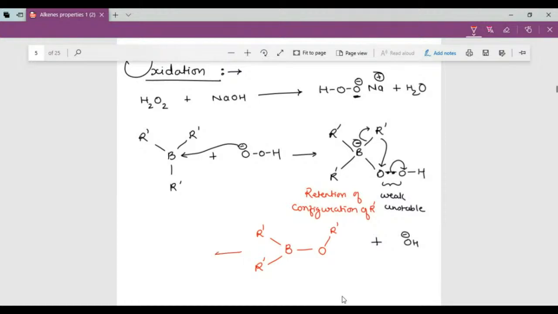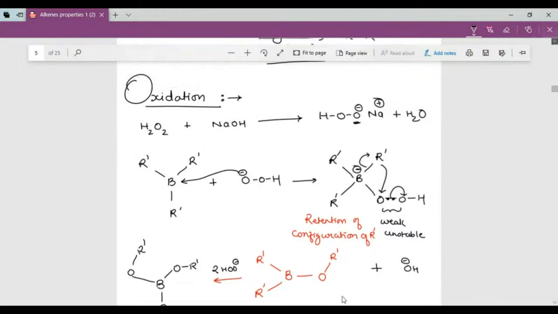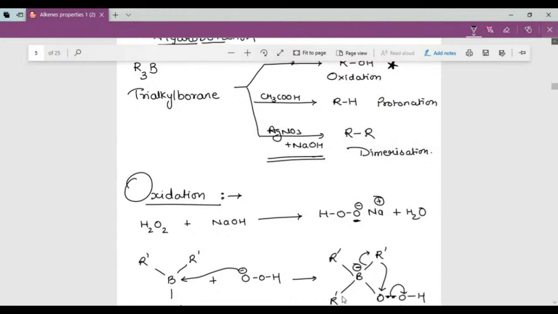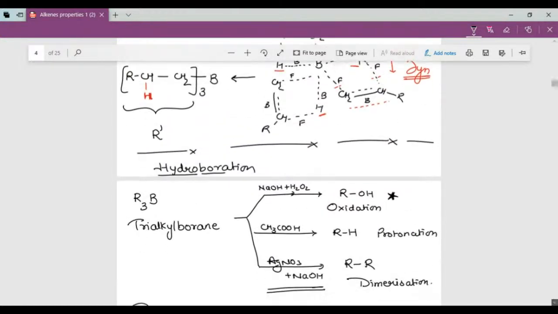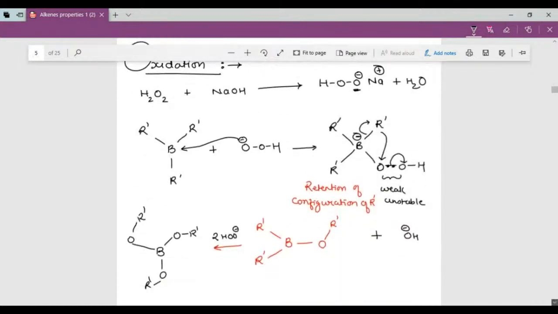When this process repeats two more times, with similar HOO minus attacks and such migration taking place, I will ultimately have B(OR dash), OR dash, OR dash. Okay, now again I want to replace my R dash with our original structure, and originally it was RCH=CH2. So coming back to our original alkyl,